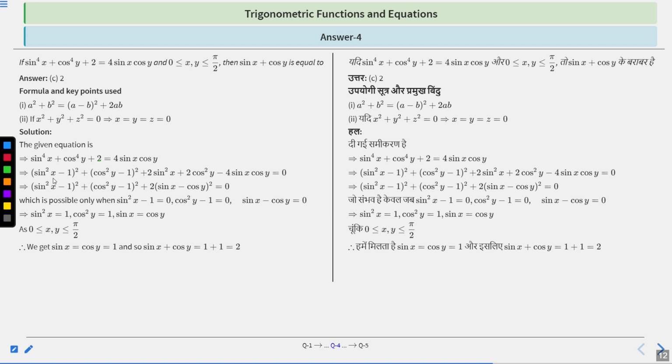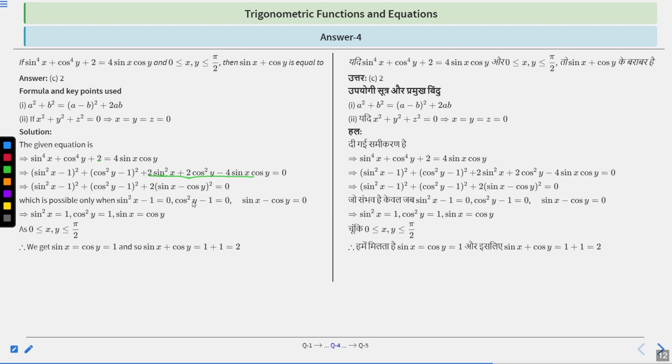Therefore, it can be written as sin square x minus 1 whole square plus 2 sin square x. Also, cos to the power 4y plus 1 can be written as cos square y minus 1 whole square plus 2 cos square y. And this 4 sin x cos y will go to the other side with minus 4 sin x cos y, which will be equal to 0. Now, when you take 2 common here, you will get 2 times sin x minus cos y whole square. Therefore, this becomes sin square x minus 1 whole square plus cos square y minus 1 whole square plus 2 times sin x minus cos y whole square is equal to 0,